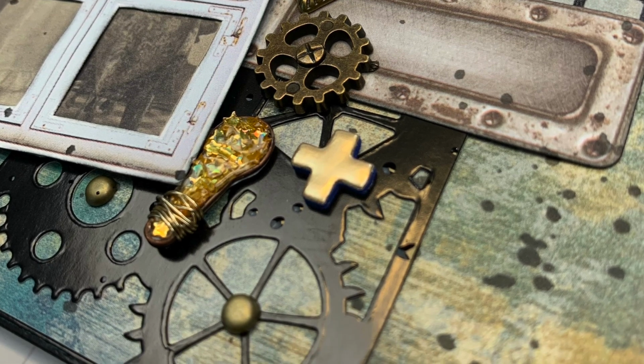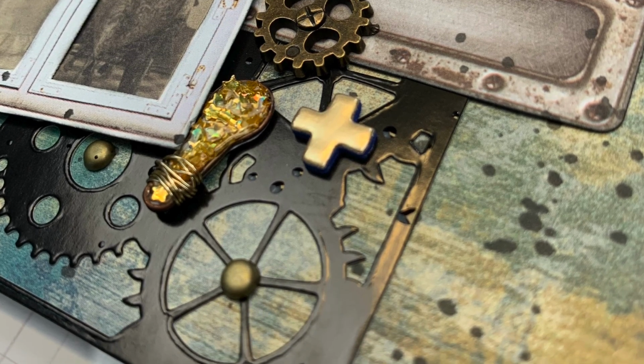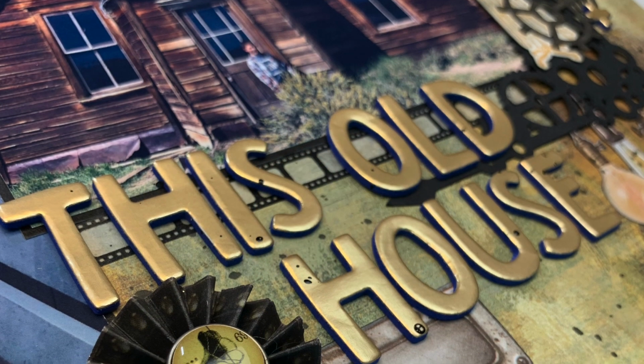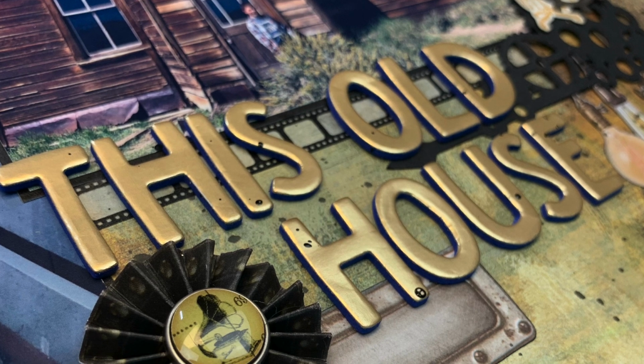But anyways, I talked through the entire video. Again, I am apologizing. I did add a little bit of black splatter to help my embellishments kind of sort of be cohesive together and learn how